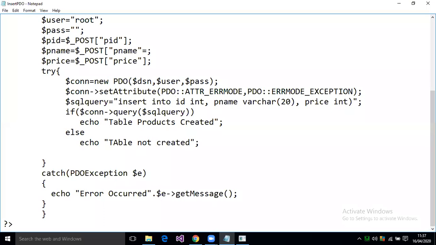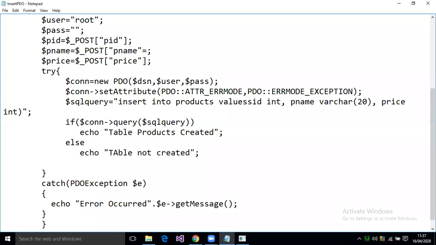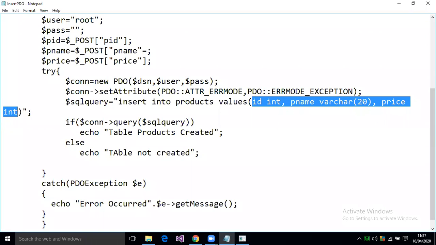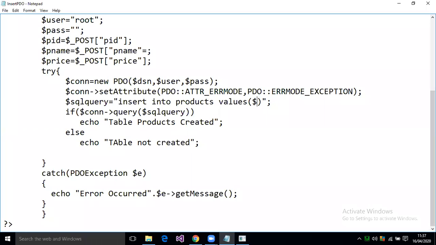insert into product values. What values do you want to enter? The values are already defined, so I can go with $pid, $pname, $price.